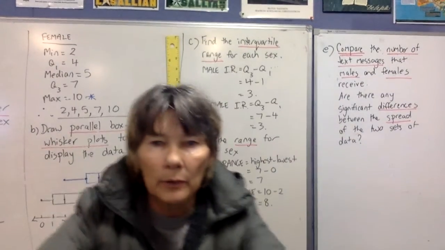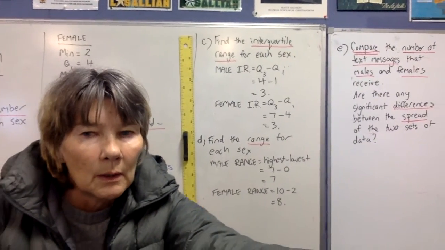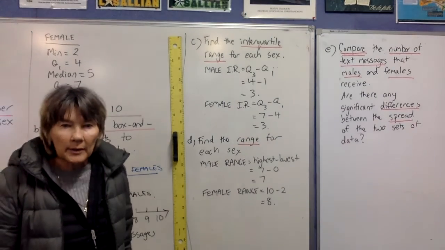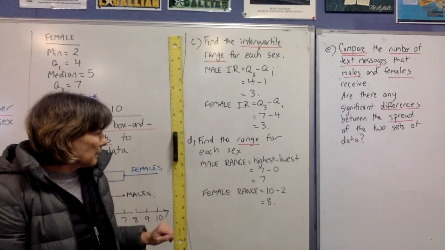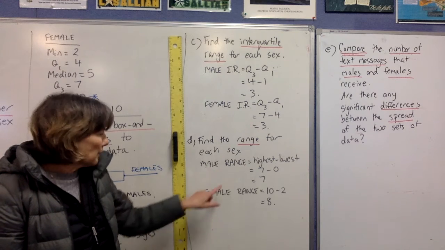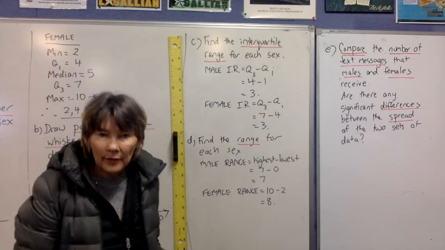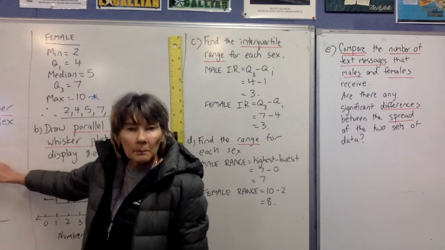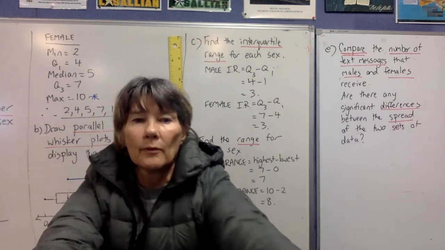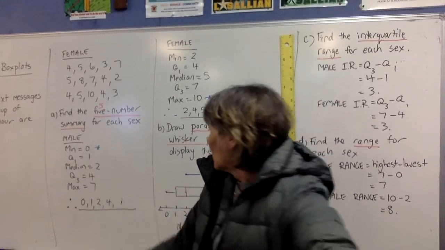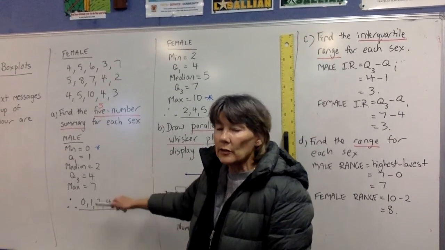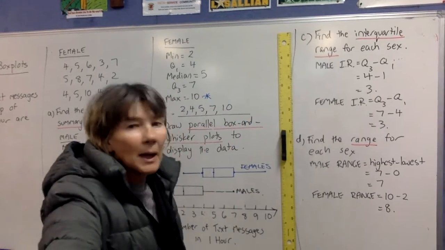All right, so now we're looking at the range, and the range you should know how to do because we did that in year 8. So it's the highest number minus the lowest number. So if you go back to the males, our highest was 7. If the highest for the males was 7, minus the lowest was 0, that will give us a range of 7. And for the females,